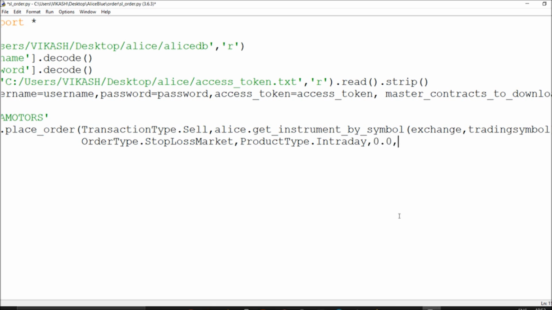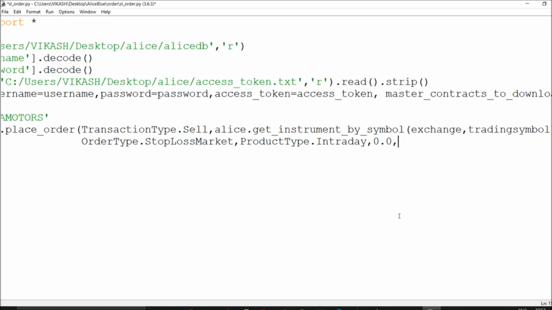After that you can give the trigger price, whatever trigger price you want. If you are selling, you definitely want to place it below. Now, if it is a limit order and the price is already running, it will be taken as a market order. That's the reason you can't place your SL orders as limit orders; you need to place the SL market order itself. You can go for these, and if it is blocked, you can go for the stop loss limit order, which I will show you.